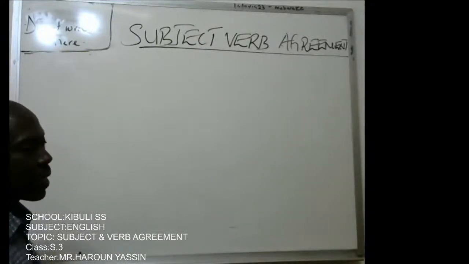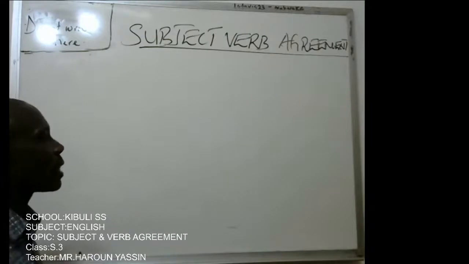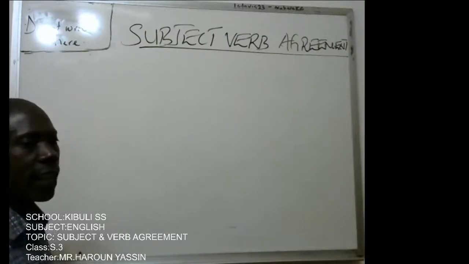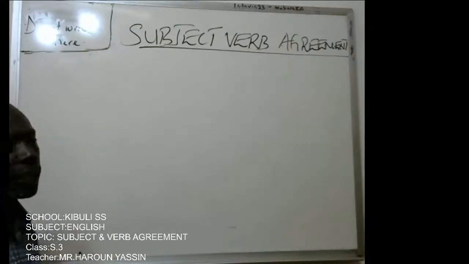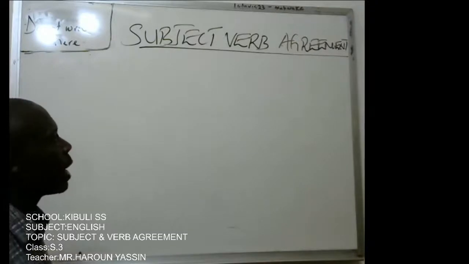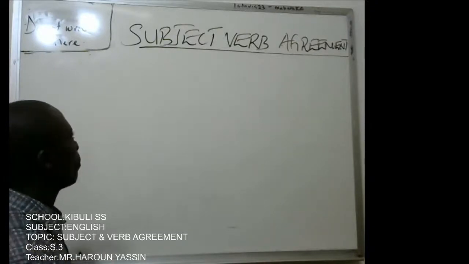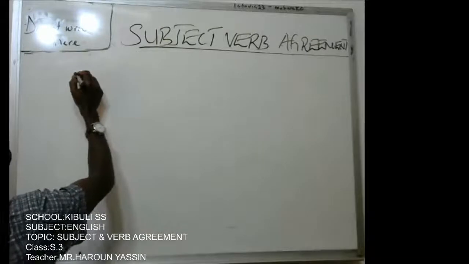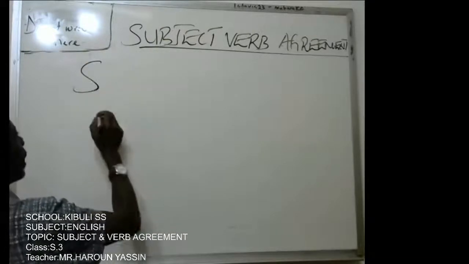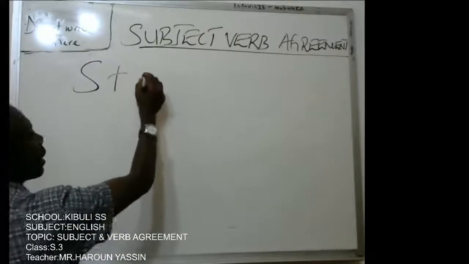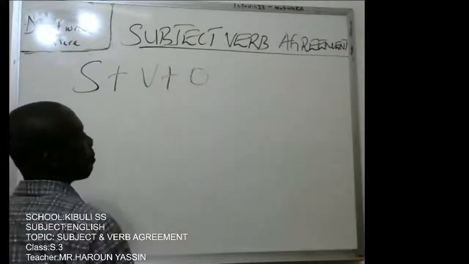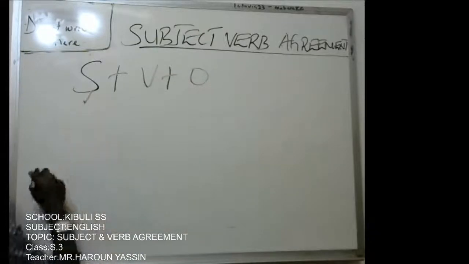I want to believe that your teachers at a certain point have been telling you that a good or a simple English sentence has got 3 main features, that is the subject, the verb, and the object. This is what we call the SVO, that is S plus V plus O, of which we have the